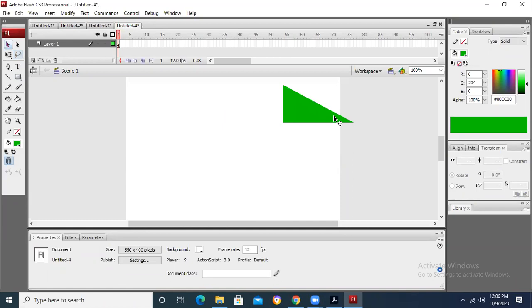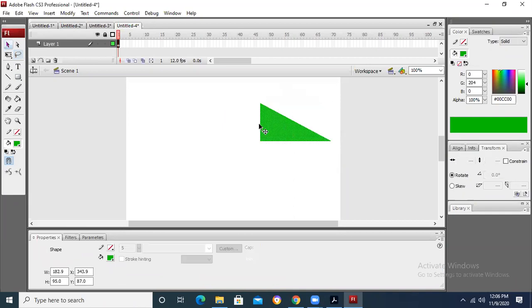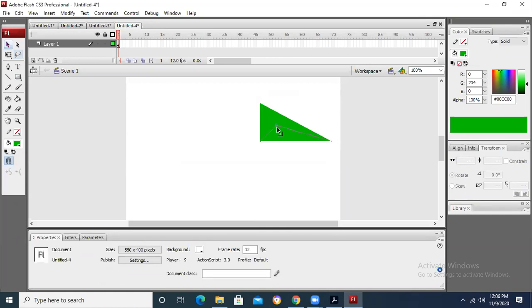Sir, can you make a center cut? If you want to make it small, you can do it by corners. You can use this angle option or this arc option to make changes in the object.